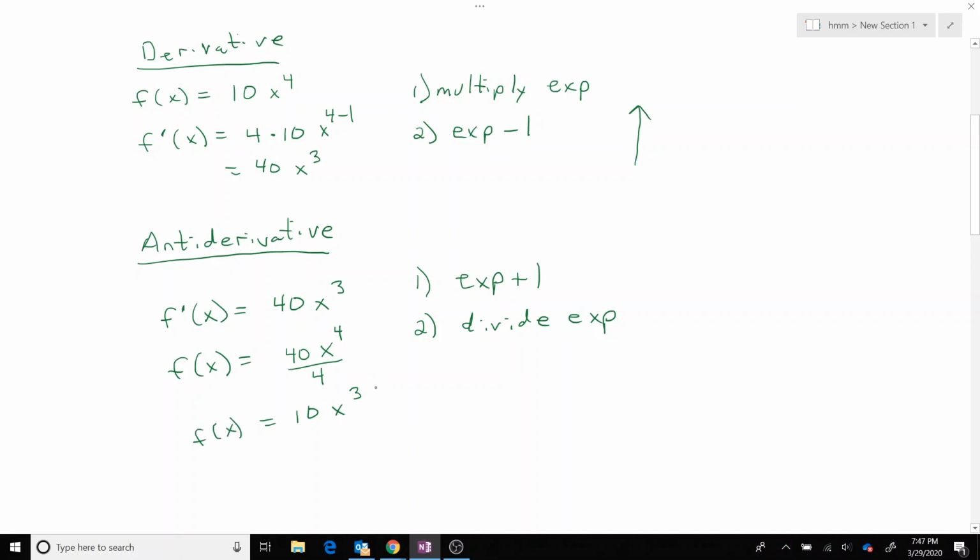Now, gentlemen, I've got to remember one thing, right? There's an infinite number of answers because there also could be any constant out here. In this case here, my constant was 0. But again, if you want to check, let's take the derivative of this just to make sure we did it right. F prime of x would equal,